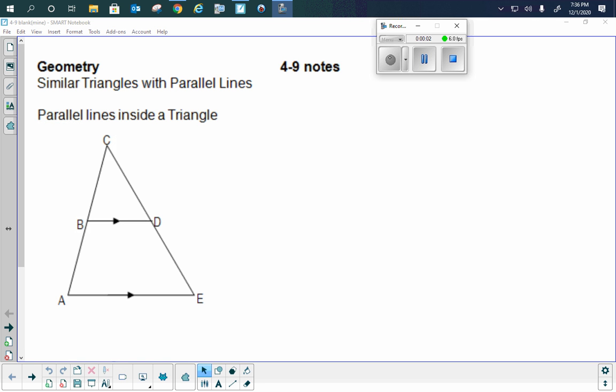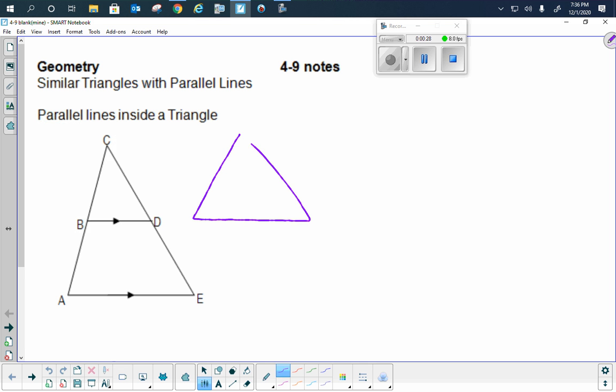In section 4.9, we're looking at similar triangles with parallel lines. Remember, the arrows show us the parallel lines inside this triangle. We're doing similar triangles, so I hope in that picture you actually see two triangles, and I'll try to map those out for you. First of all, if I was to draw these separately, remember they're similar, so they're not exactly like each other. You see this smaller one that's at the top,